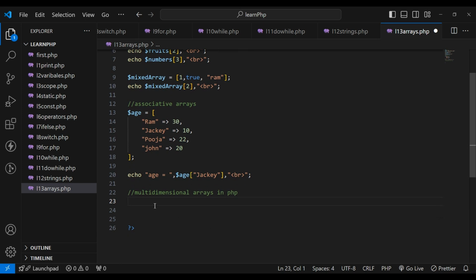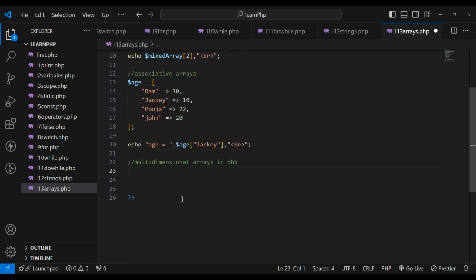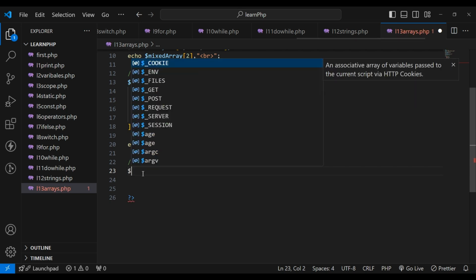Like multidimensional arrays are the arrays in which we have arrays as its value. For example, array of arrays is known as multidimensional array. Let me give an example, then it will be much clear. Inside array, if we have another array, then this array is called multidimensional. Let me take an example of students,